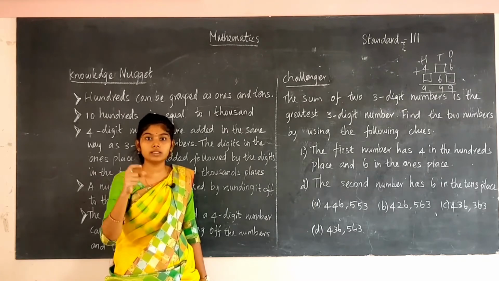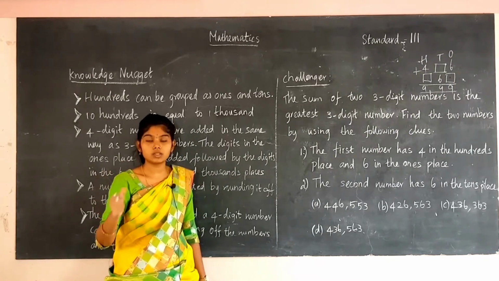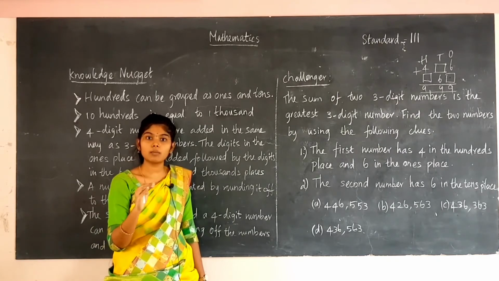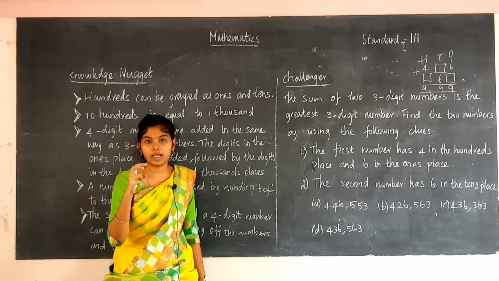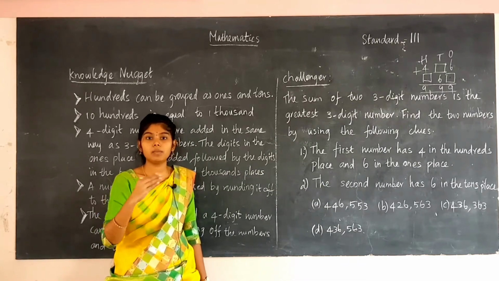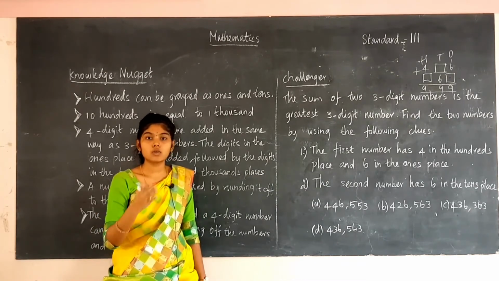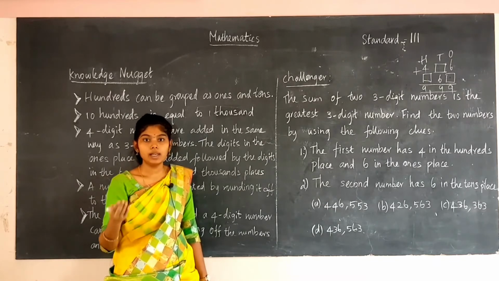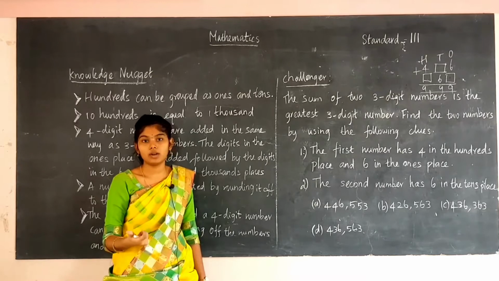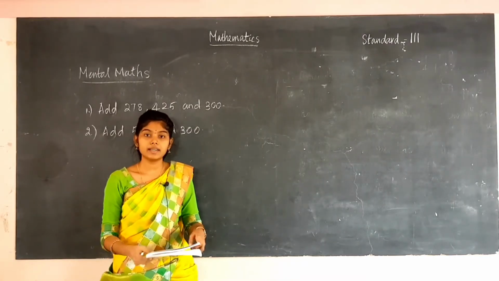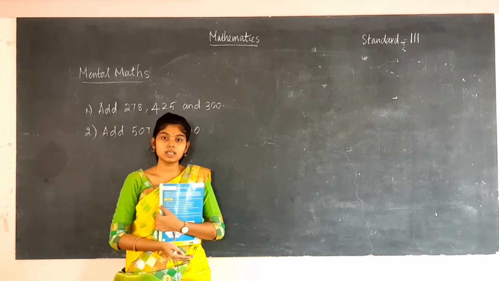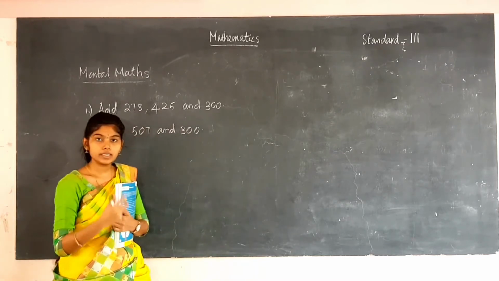So you know the 10s counts and 20s counts, that is, you know how to skip by 2s, 10s, 5s. These are some of the easiest ways to find the answers. And here are some more friendly numbers: 25 plus 25 is 50. So 50 plus 50 is 100. Likewise we can find 25 plus 75, which is 100. As I said, there are a few mental maths problems given for you, and you are going to find them in the easiest way.